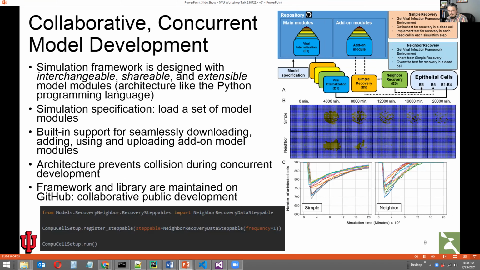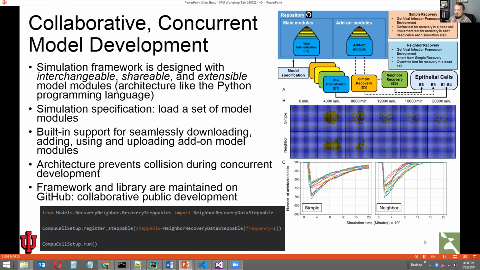Now, again, because the CompuCell user interface is in Python, it presents a lot of capability just by virtue of being in Python. As I said a couple of slides ago, it's not only feasible, but shown here that it's completely possible to develop these sorts of frameworks.